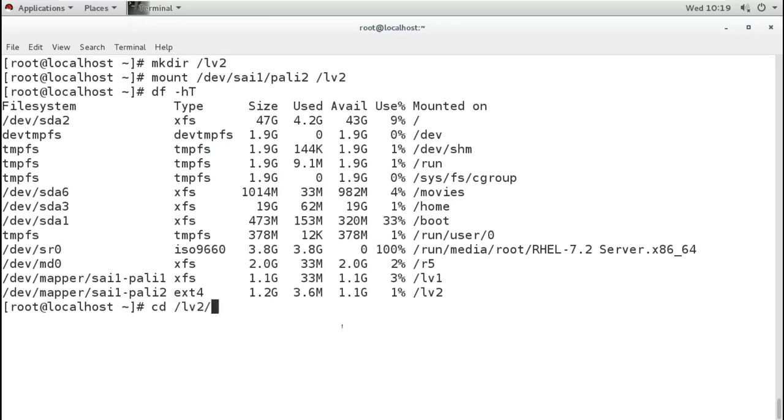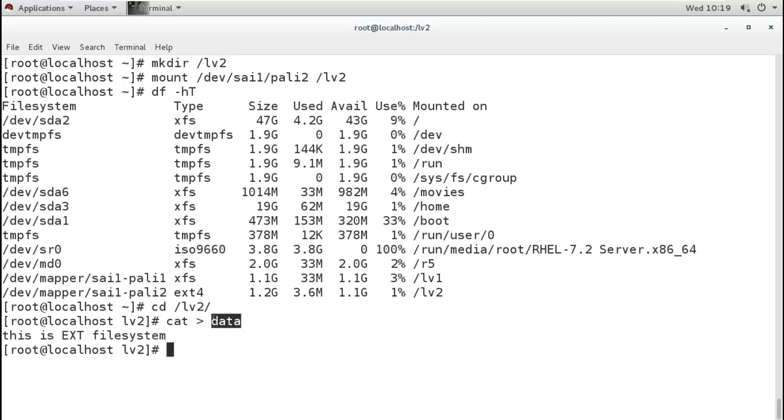So I'll go to lv2 and create some data here. So this is the ext file system I'm saying. So this is what I did. So we have a file in that partition, the LV partition, and it is the ext file system, and it is of 1200 MB, that means 1.2 GB.